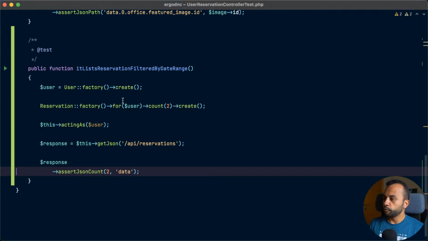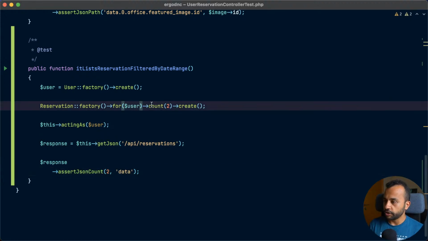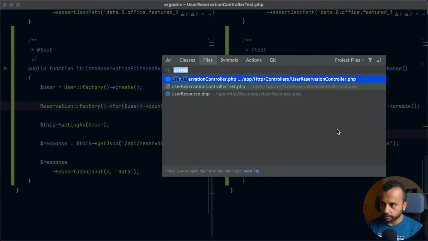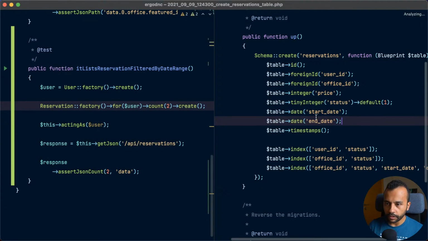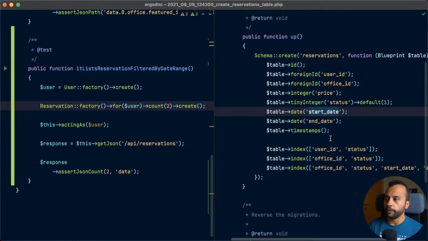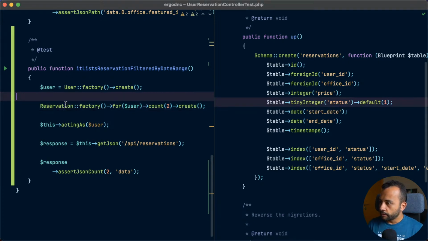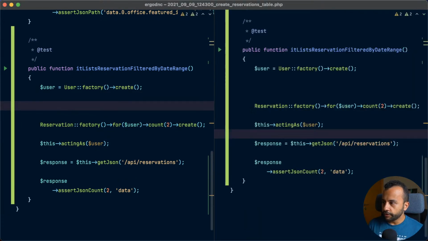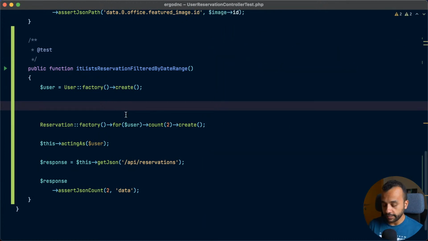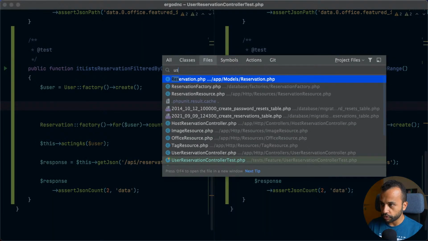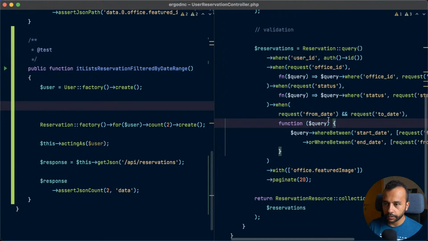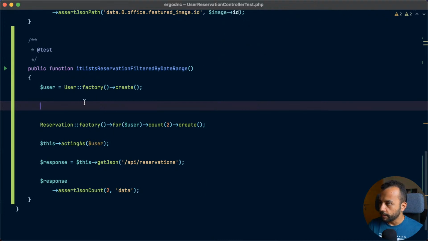So to do that we will need to create a reservation that, let me take a look at the migration here, start date and end date. So each reservation has a start date and end date. So let's first identify the range that we are going to test against. The filter here inside the user reservation controller is called from date and to date. So we will have a from date equals,